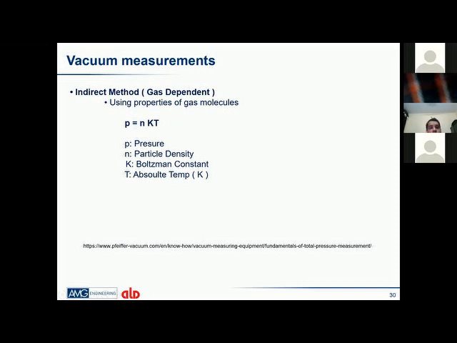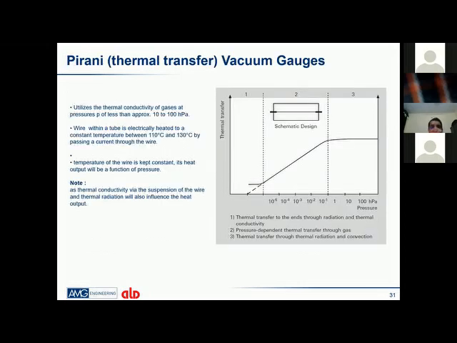We'll see two of the gauges which are very frequently used in vacuum heat treatment. First is the Pirani, or thermal transfer vacuum gauge, which can measure the vacuum level from 10 millibar to approximately 10⁻² and 10⁻³ millibar. This is the general range for this gauge. How it works: we have a very fine wire inside the gauge, connected to an electrical current. When we pass the electrical current,